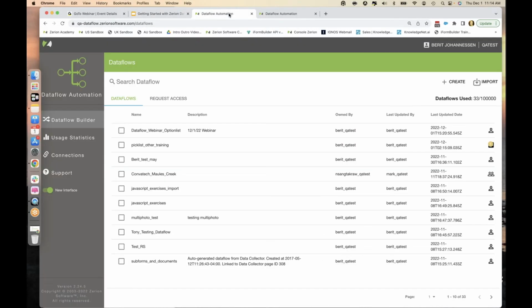So let's just jump back into the Dataflow homepage and talk through the interface that we have here. On the left-hand side, you'll see our menu. We have our Dataflow Builder, our usage statistics, our connections, as well as support. The connections we'll go into in just a little bit, so I'm not going to talk too much about that now. The piece that we have in here that we're not going to really talk about, but is a great tool to have, is the usage statistics, where you can just come in and see how active your data